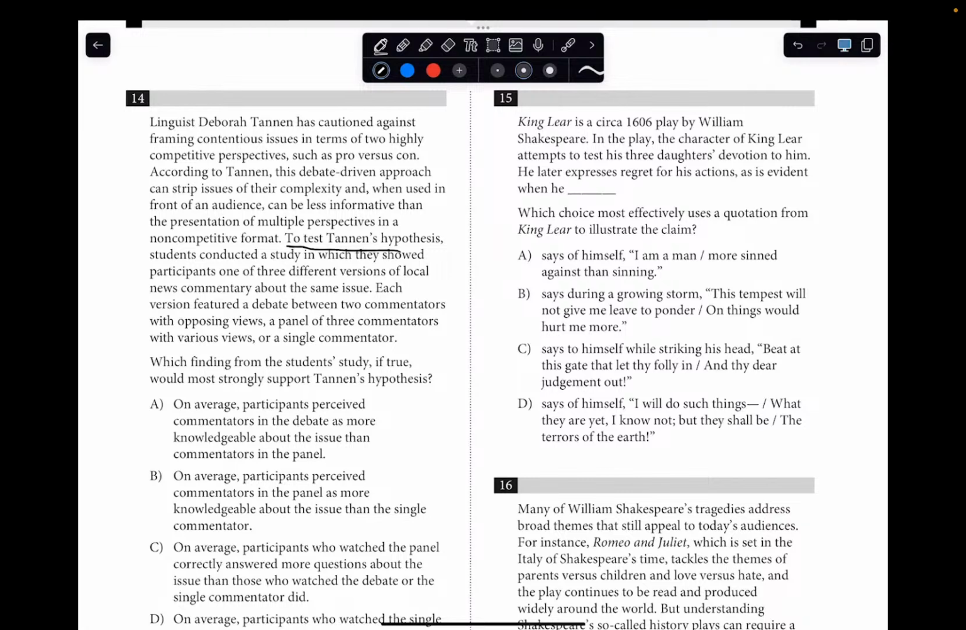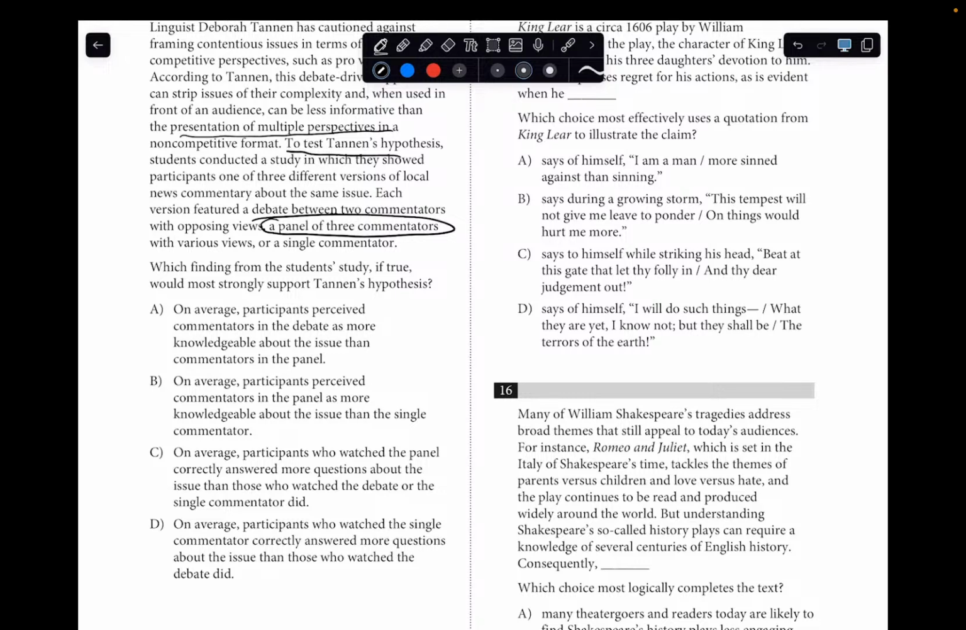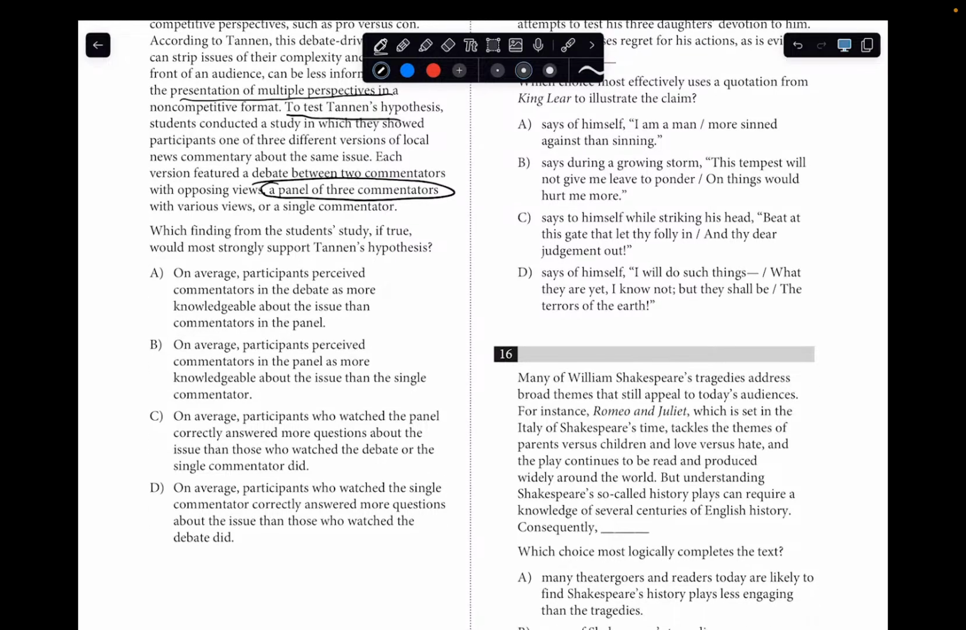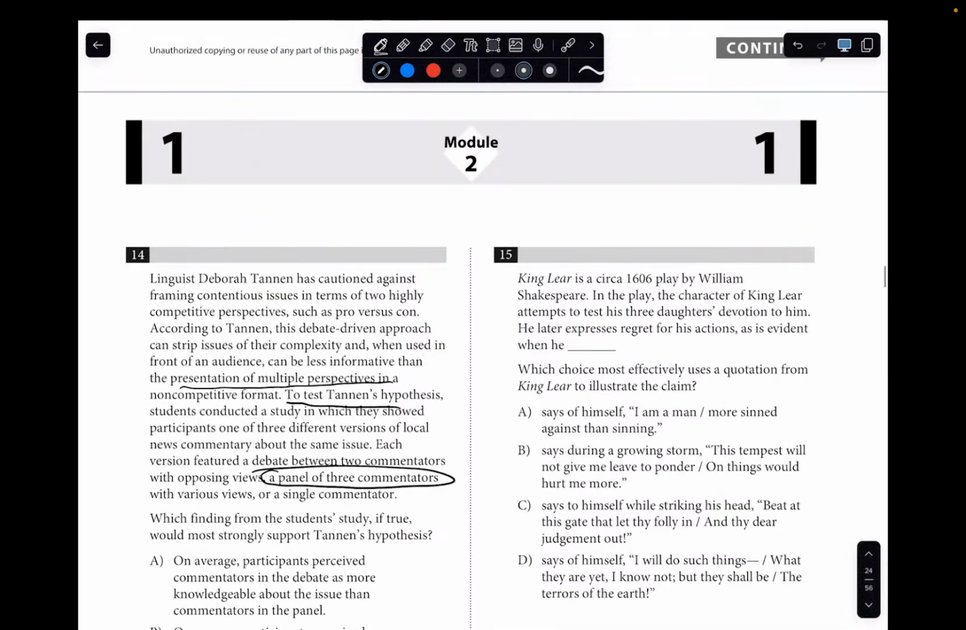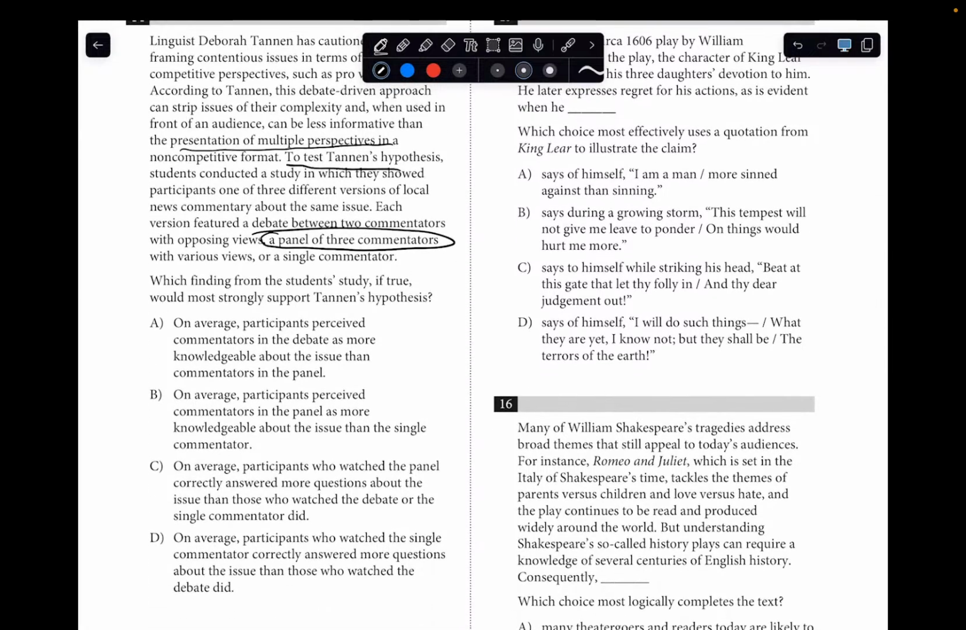So, again, focusing on the first portion of the passage, what is her hypothesis? A debate-driven approach, or this one-on-one format, is less informative of multiple perspectives, which would also contrast against a single presenter. So of the three options, it's saying that the second option, a panel of three commentators, is most effective. So the prompt is asking which finding from the student study, if true, would most strongly support Tannen's hypothesis. If an audience is more informed, they're most likely to retain more information or give a more accurate summary of